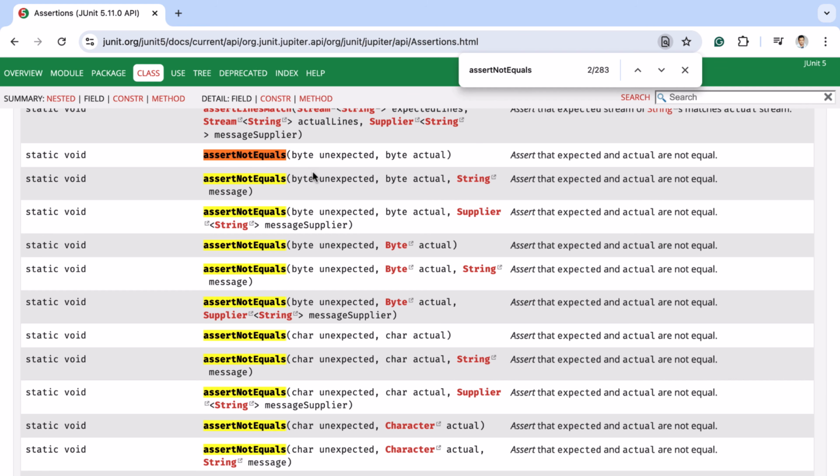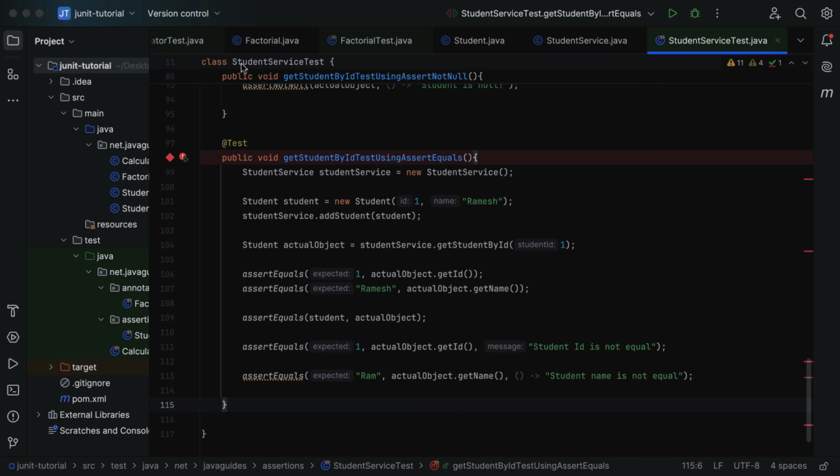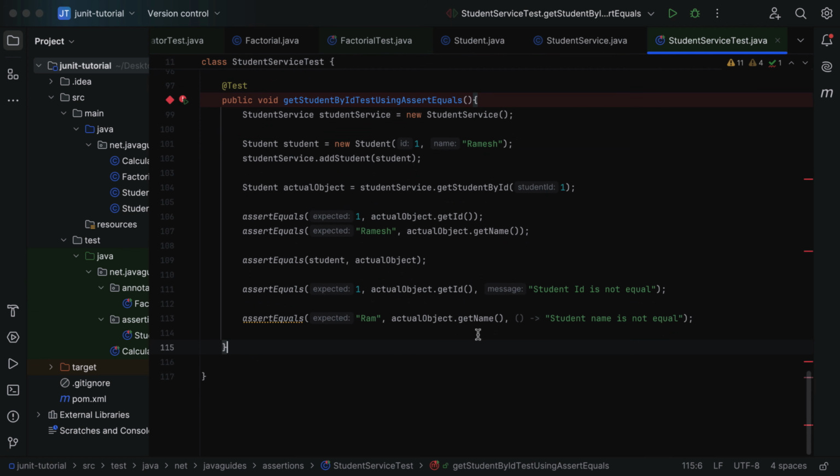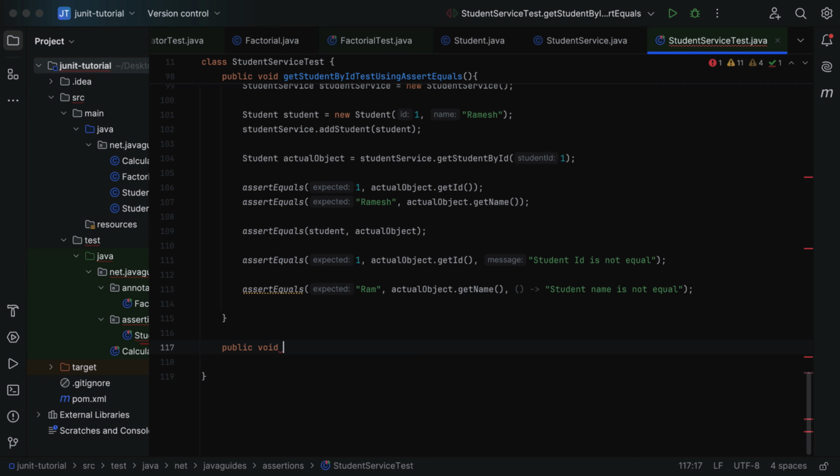All right, so let us go and see the usage of some of the important assertNotEquals methods in action. So let us head over to the IntelliJ IDE over here and go to our project, and here let me minimize this and go to student service test class. Here let us quickly create a test method. So for that, just type public and then void. Let's give a method name as get student by ID test using